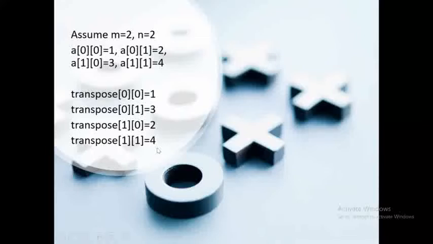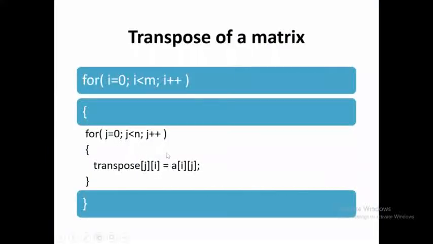Okay, this is how it works with respect to transpose of a matrix. For the transpose of a matrix, remember, you need only one matrix. For that matrix, you are going to perform the transpose operation. So 1 2 3 4, the resultant matrix is what? 1 3 2 4. You are just interchanging the i and j values here. You can perform this by just interchanging the jth and ith place. That is, transpose of ji is assigned by a of ij. Very simple. This is transpose of a matrix.